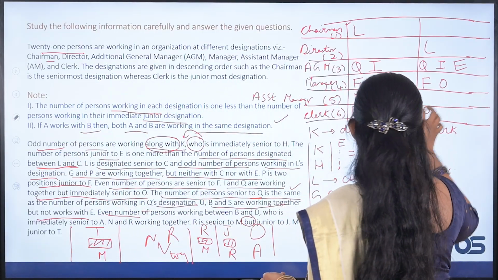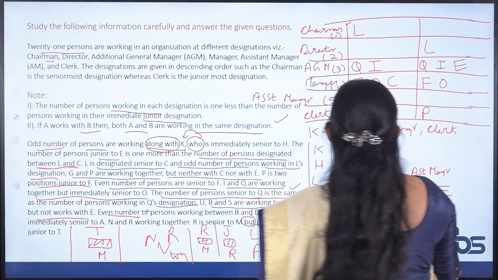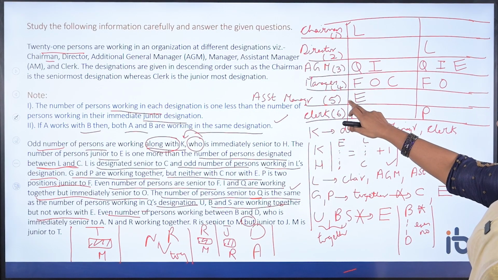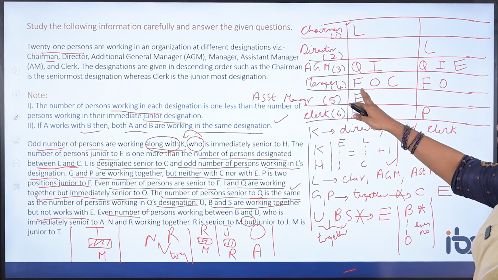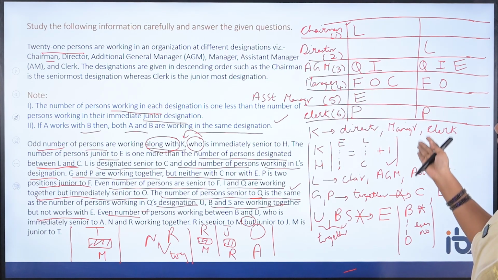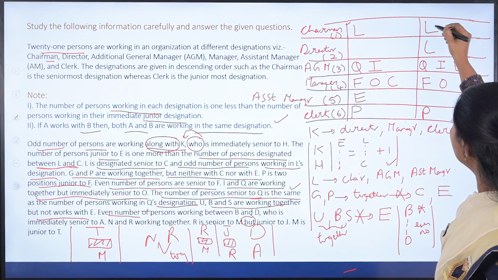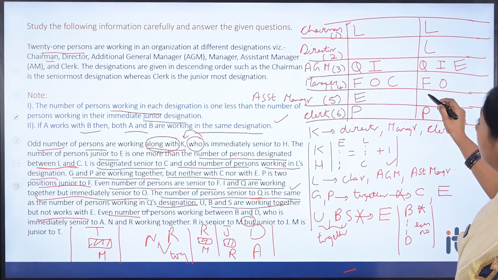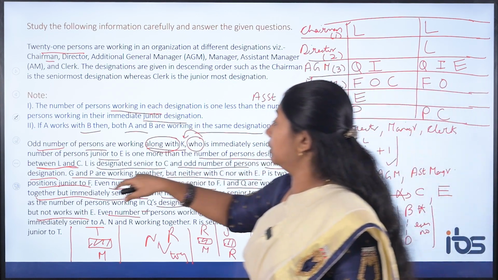So if you mention here as C, C will be here because 9, 10, 11, 12 you are not getting. You need the number of persons junior to E as 10, 15, so you need 14. So the number of persons between L and C should be 14. 14 means L should be here and C should be here. So C should be here. Then only you are going to get the